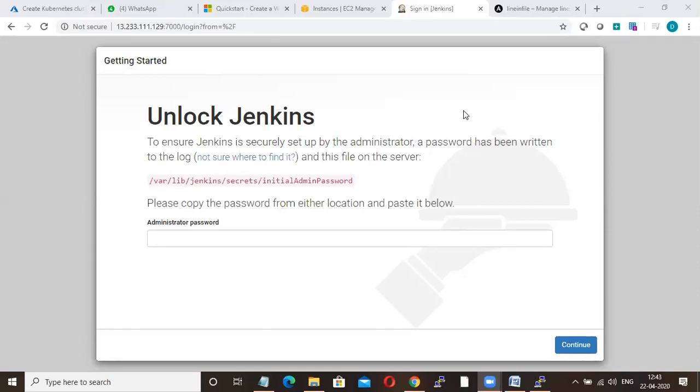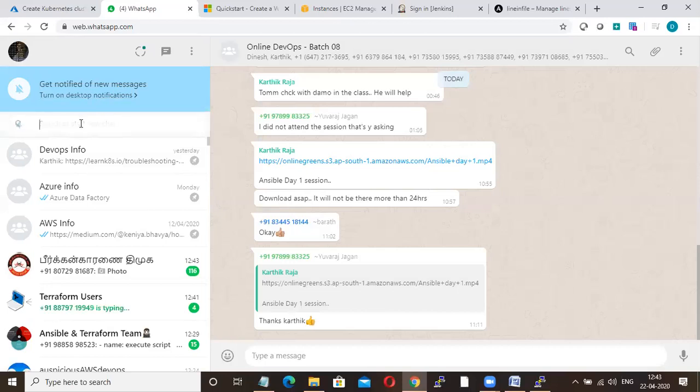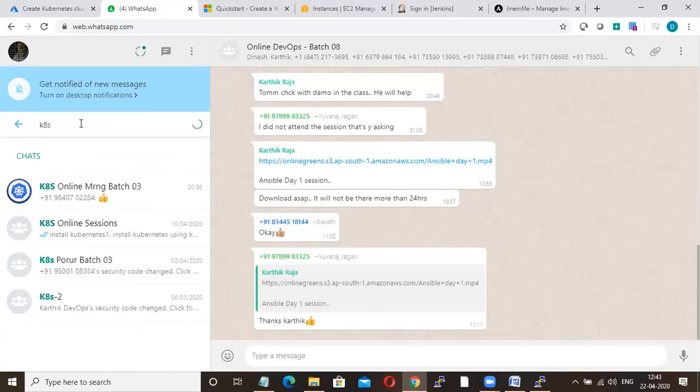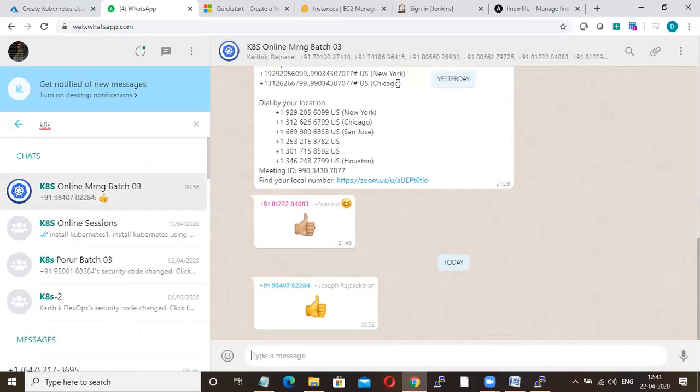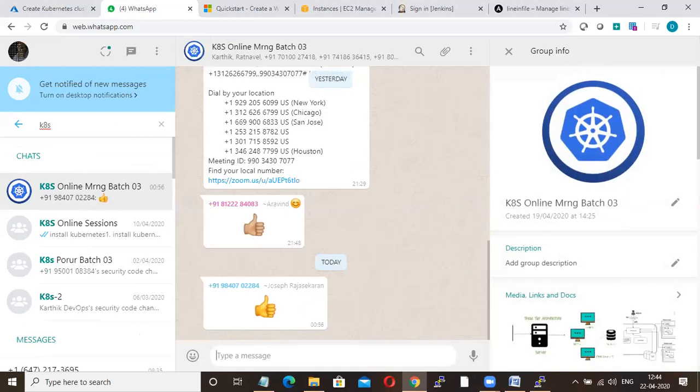See, Kubernetes is separate. We have already started one batch, and it's going on. We have already completed 2 sessions, and almost 18 people are there.